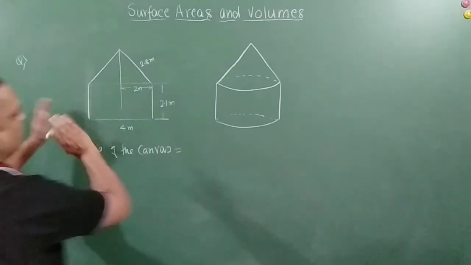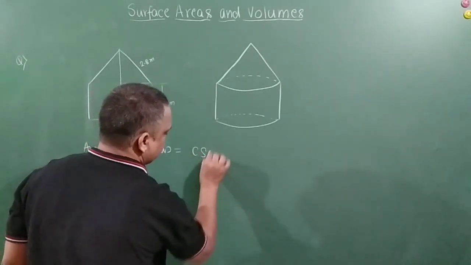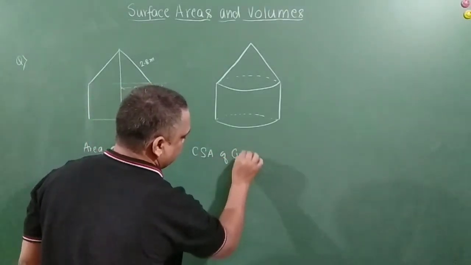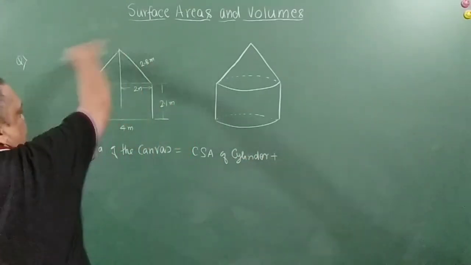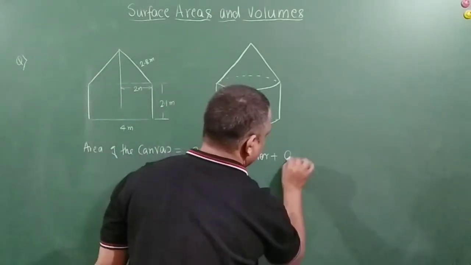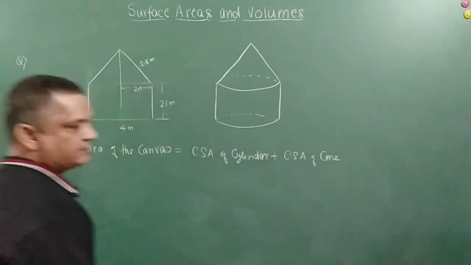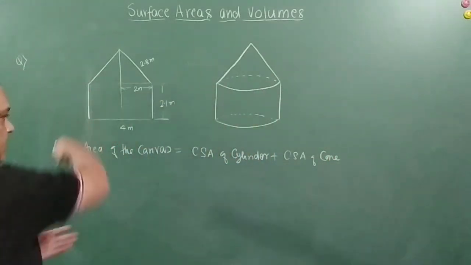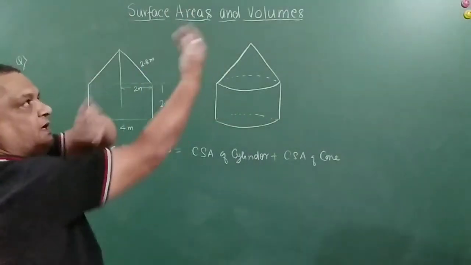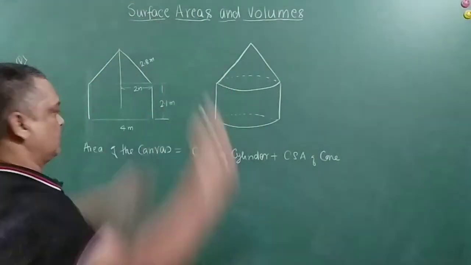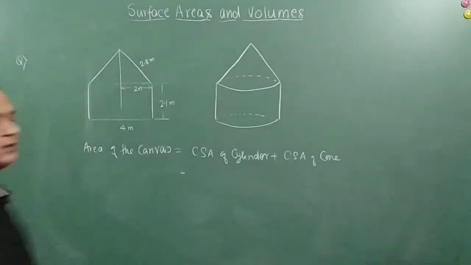The area will be the curved surface area of this tent, right? CSA of cylinder plus CSA of cone, right, friends? So only these things. I'll use the tent for making a round, and I'll use the tent for making this curve, that is your cone, right? Okay. So CSA of cylinder, we all know that how much?